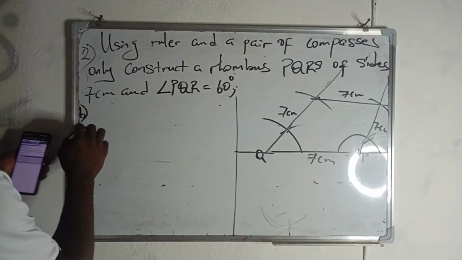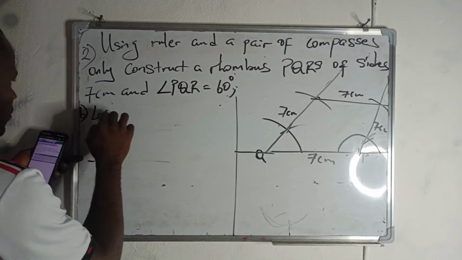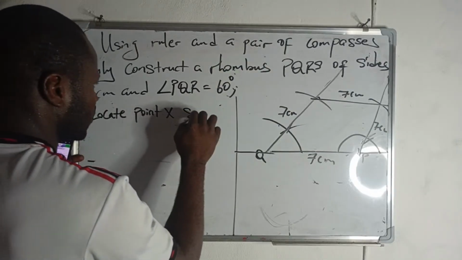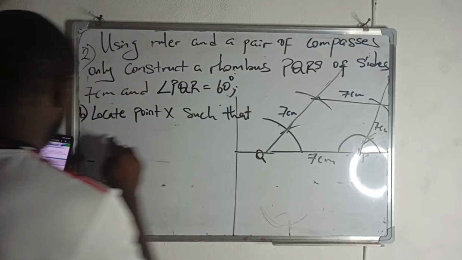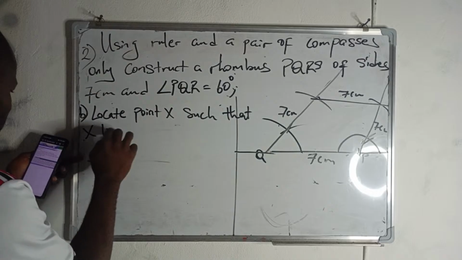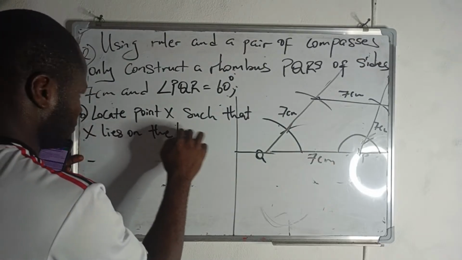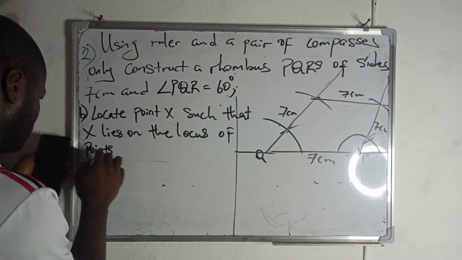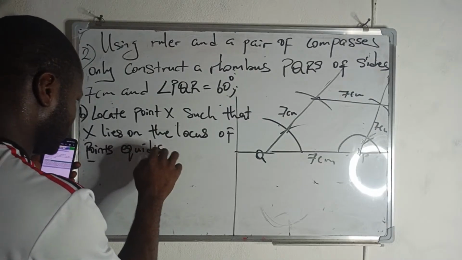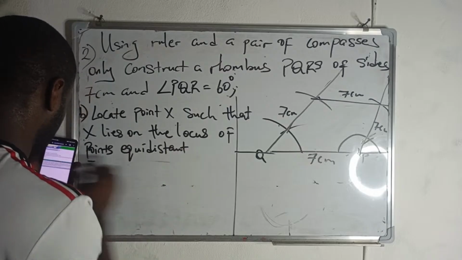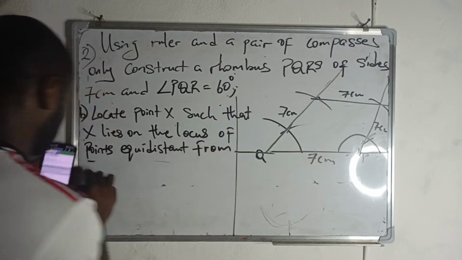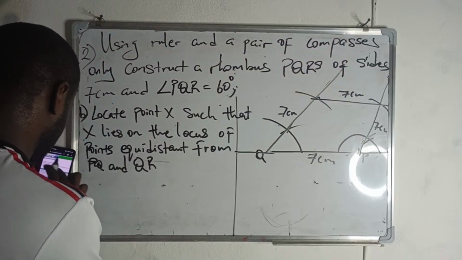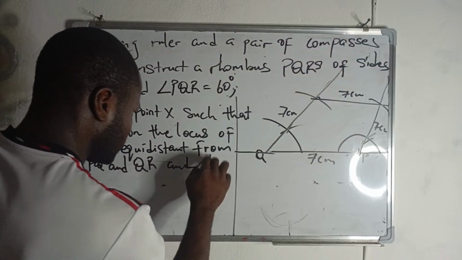For the B part now, we're expected to locate point X such that X lies on the locus of points equidistant from PQ and QR, and also